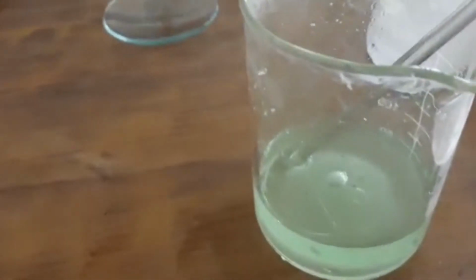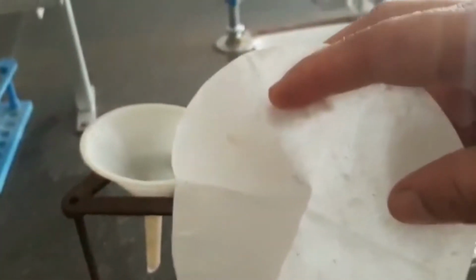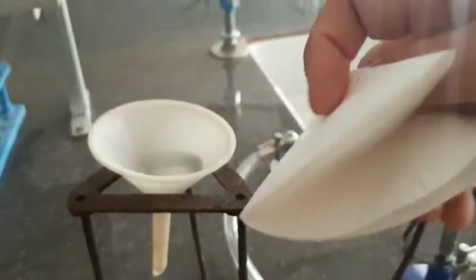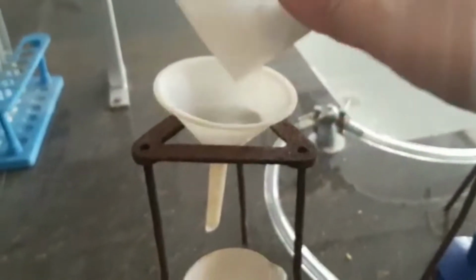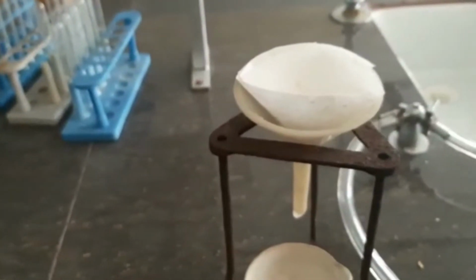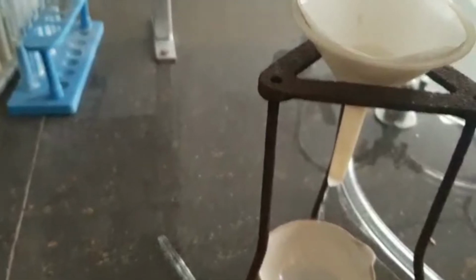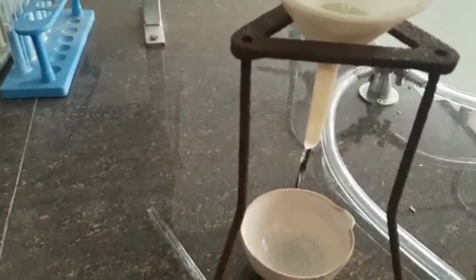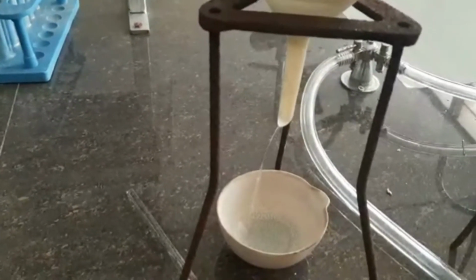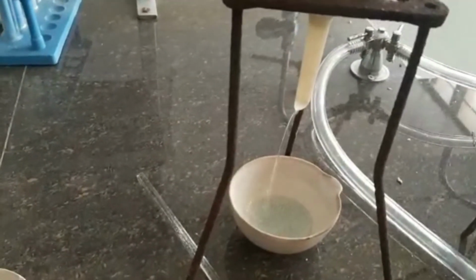We will filter the solution into the china dish to remove any suspended impurities. So I have made a cone with filter paper. This is folding it once, then folding it again and putting it inside this funnel. So making a cone of this, and I'm going to filter the solution. Filter the solution into a china dish